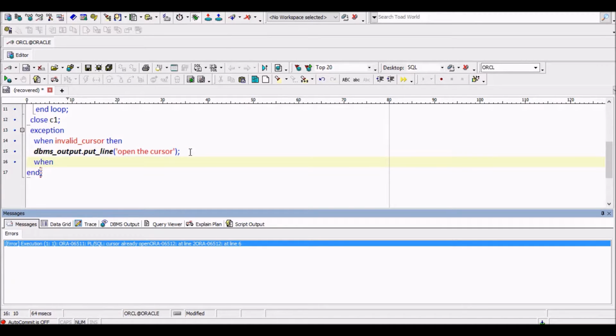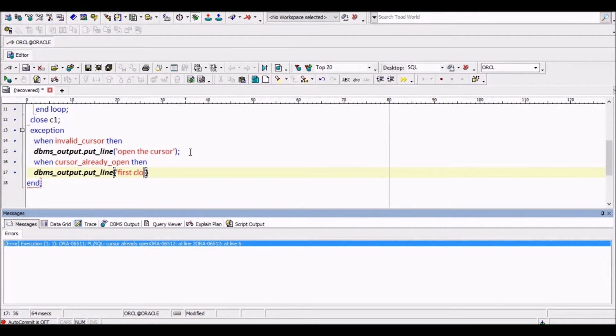What is that exception? WHEN CURSOR_ALREADY_OPEN. So this is the exception. Then what will we put? DBMS_OUTPUT.PUT_LINE. So what will we put?